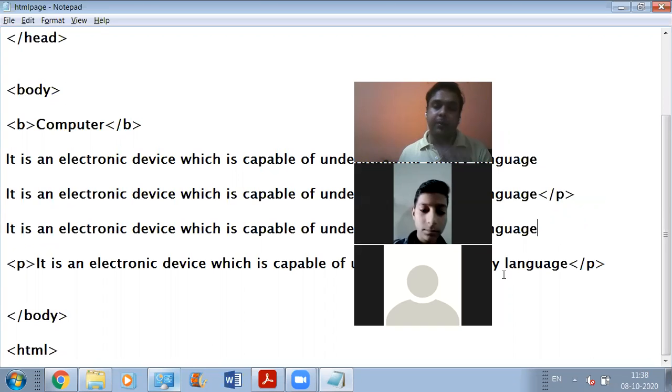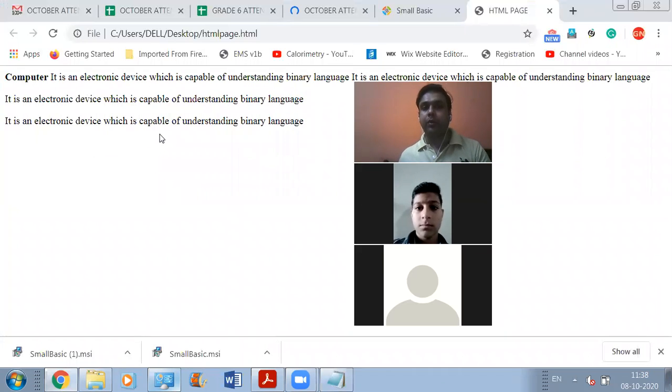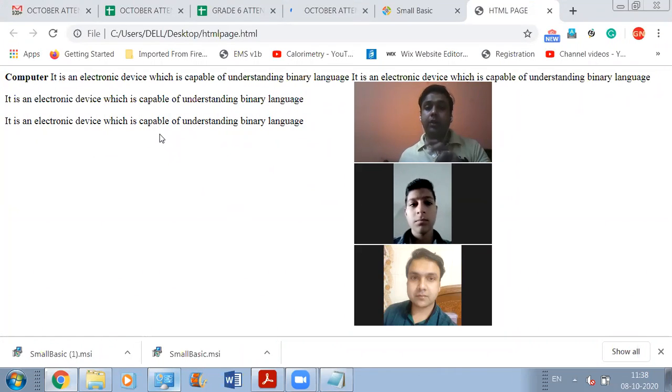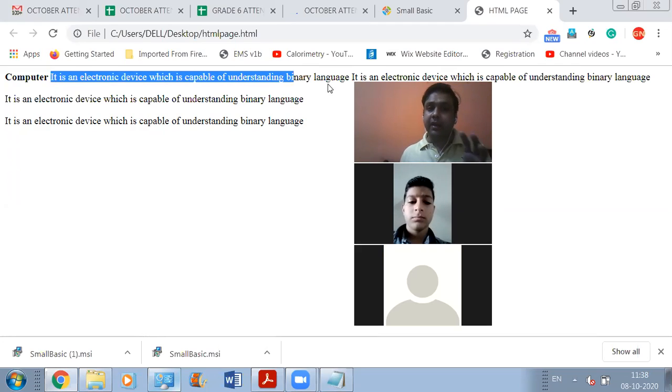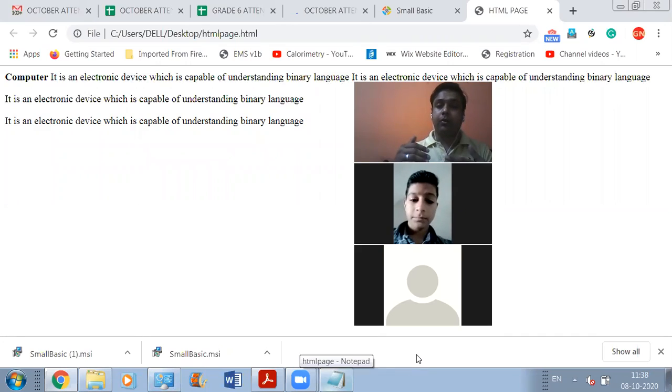वो सारे एक साथ आ गए. So this is the kind of output that you are going to get when you do not use the paragraph tag with your text. ठीक है, डिफरेंस समझ में आ रहा है सब लोगों को? अभी क्या हो रहा है, सारी की सारी चीजें एक ही लाइन में आ गई. तो पैराग्राफ टैग क्या है? पैराग्राफ के साथ हम लोगों को ब्रेक लाइन यूज करने की जरूरत नहीं है.